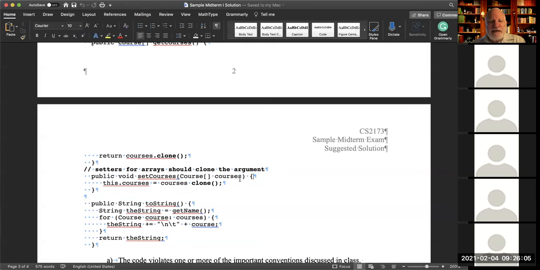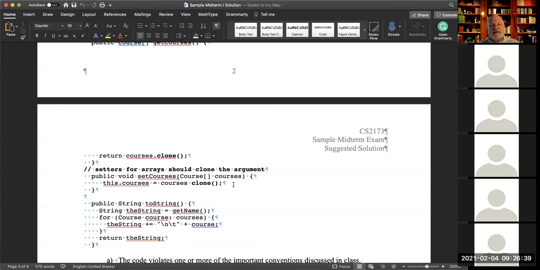The point is that the principle, again, is that any instance variable should only be changed by invoking a method. By doing this, I'm saying, okay, you can change this array of courses by creating one and passing it in. I'm going to allow that. However, you could inadvertently change this outside of the method without calling the setter.